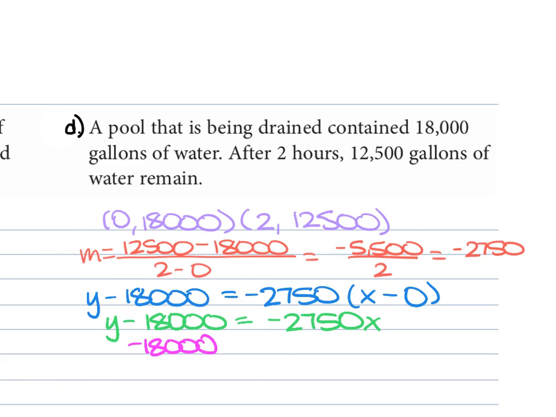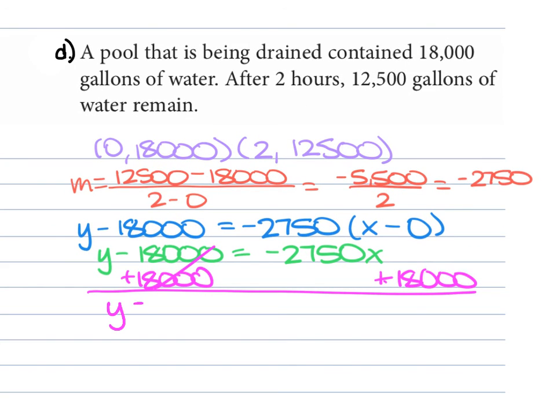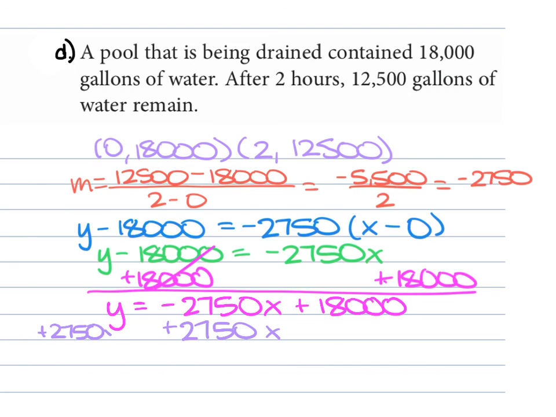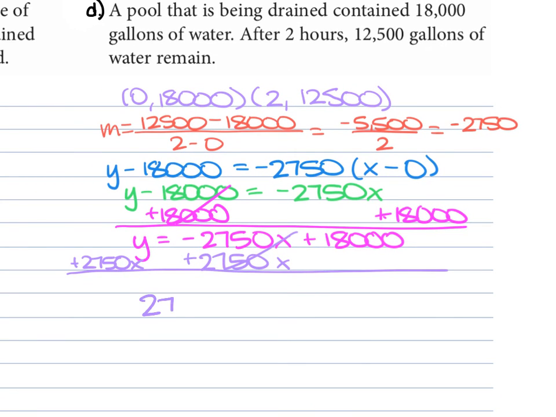So I'm going to add the 18,000 to both sides. So I'm going to have y is equal to negative 2,750x plus 18,000. Then I'm going to move the 2,750x over by adding it. This is going to leave us with 2,750x plus y